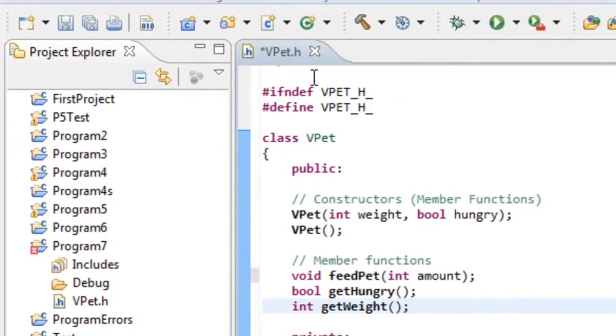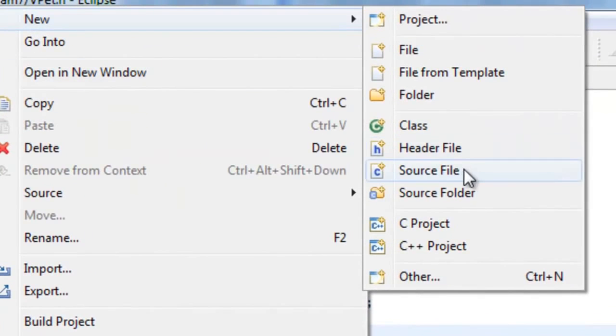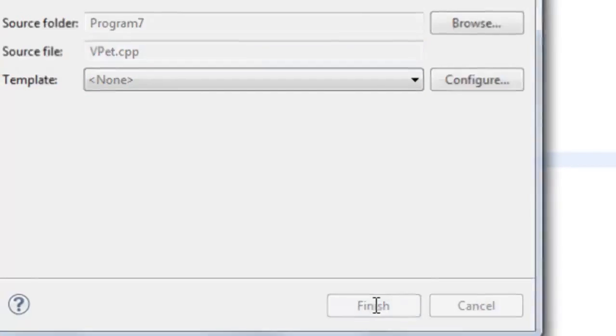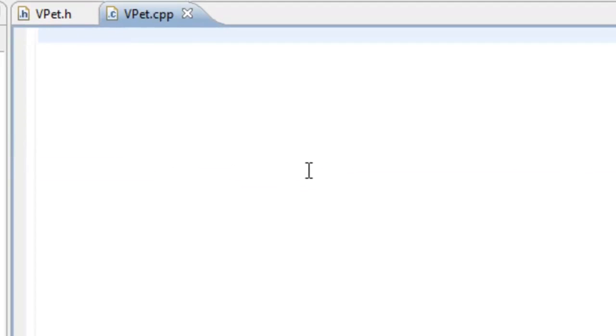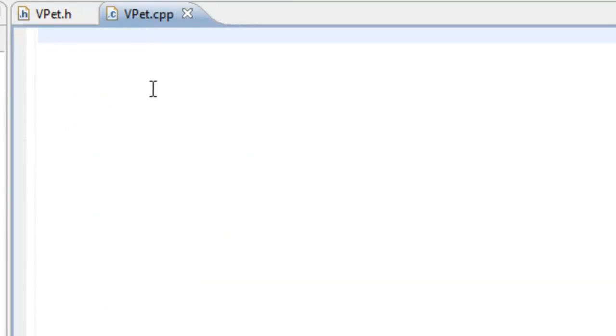Okay, so go ahead and save the vpet.h file. And now we're going to actually create the source file. So right click on program 7, go to new, and then go to source file. And now we'll just name the source file vpet, not vip, vpet.cpp. And the template can be none, and click on finish. So the first thing that we'll do is bring in or include this header file into our source file. So we'll do a #include and then specify